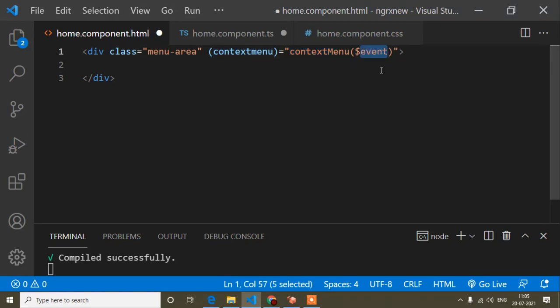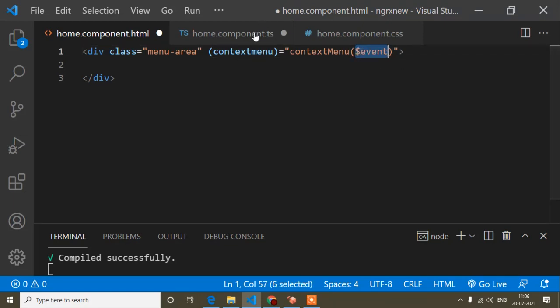So here I have passed a parameter that's called $event. Similarly, this parameter which I will get in this $event, so the event parameter, I will get the event. I mean, if I hover, I will get the hover event. If I click, I will get the click event, right? And this is an Angular feature. Here I have passed the $event.